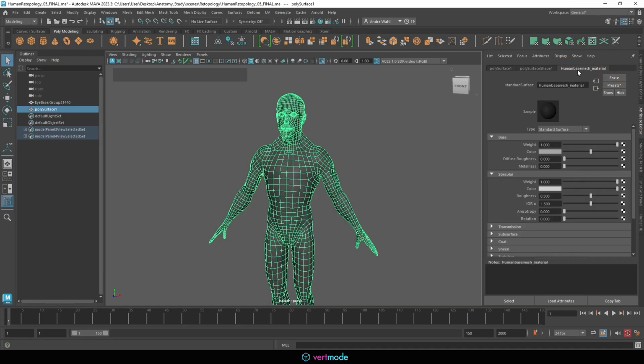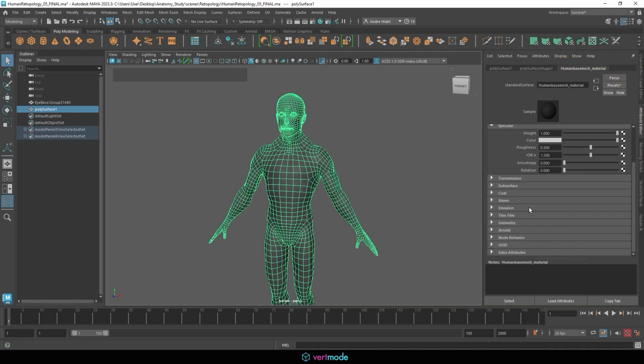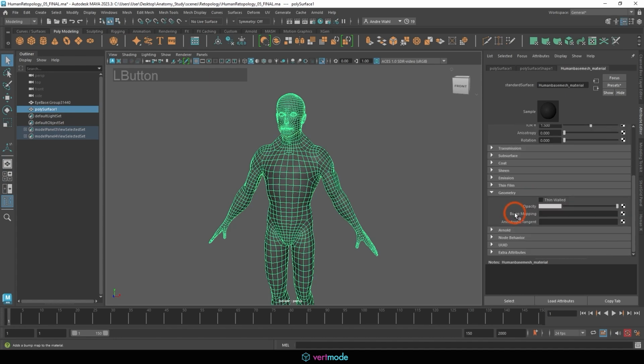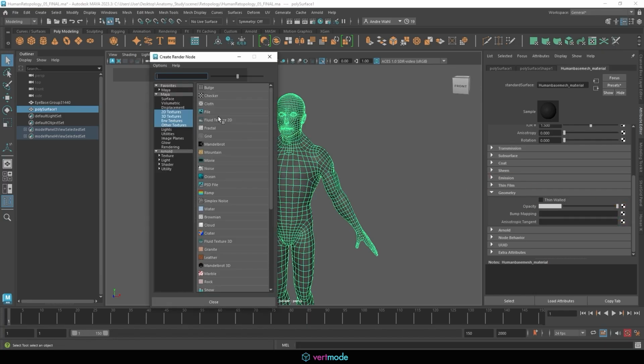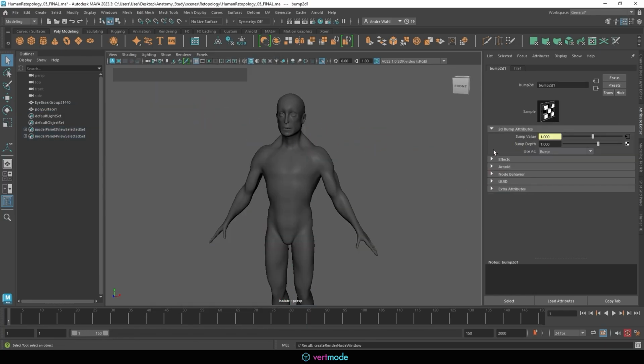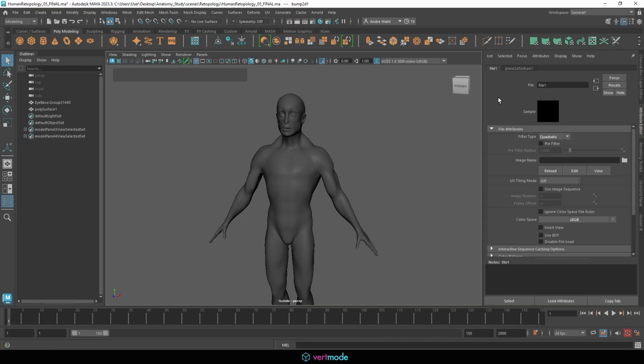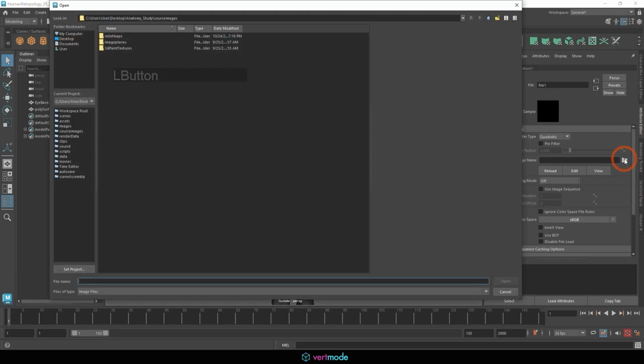It may have a different name if you did not rename it. If you come down here to geometry, you can expand this, and inside of here, you're going to have access to bump mapping. You'll click the file input, select file, and then switch this from use as bump to tangent space normals. You can then click the over arrow here to move to the folder directory, select the folder here,